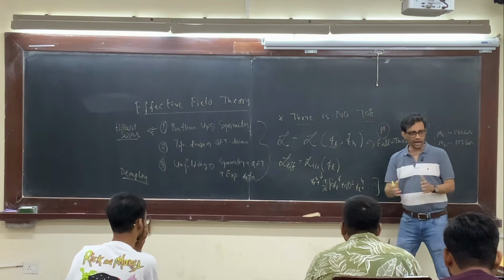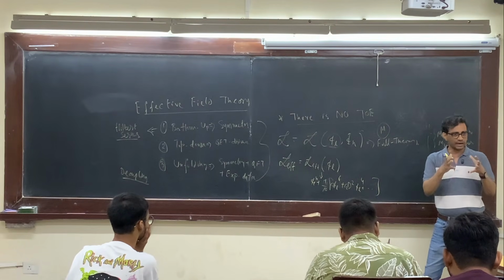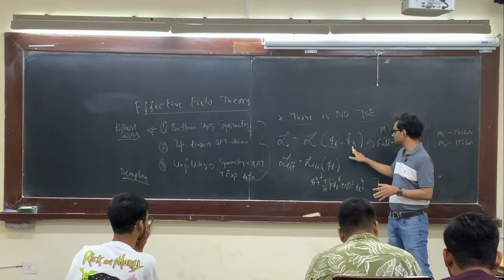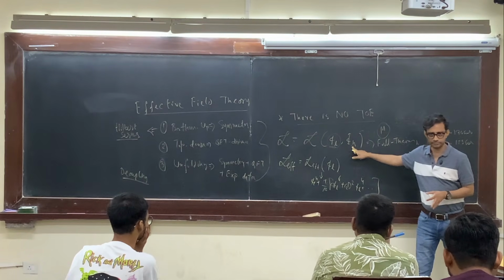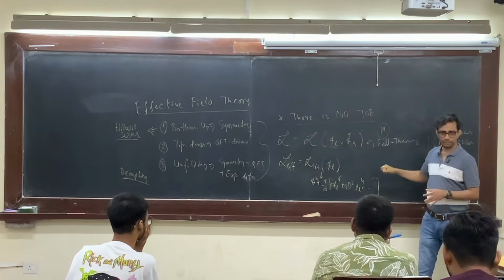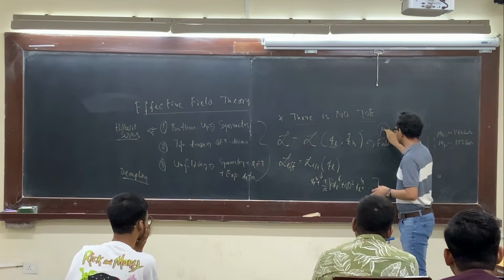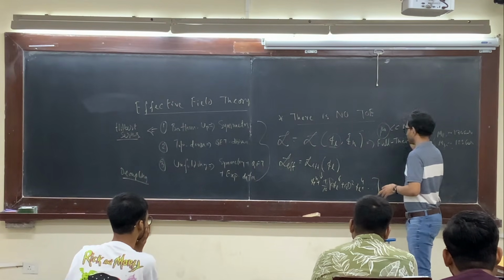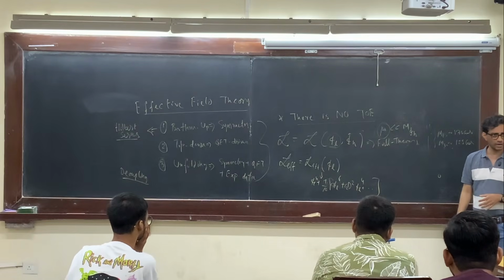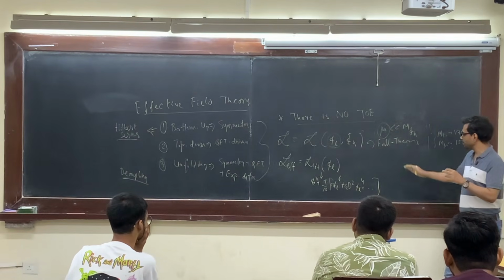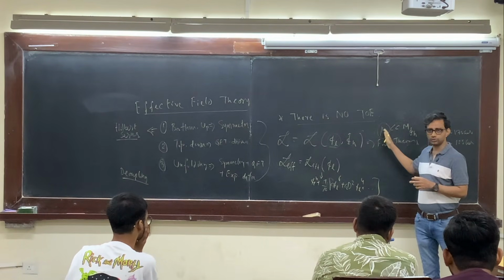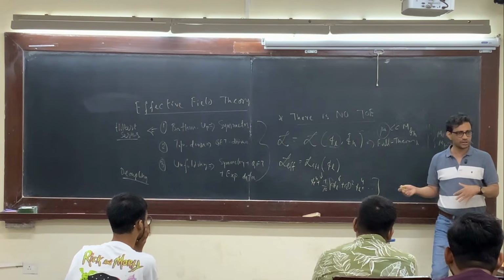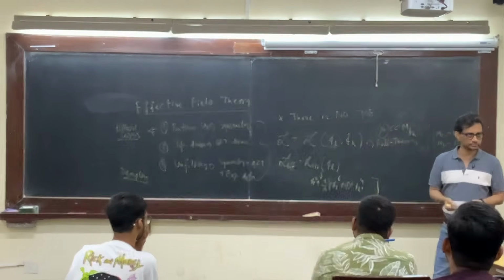Okay, and then I want to perform a calculation of the observable at some scale, which I am calling mu, which is much less than the mass of this heavy particle, m phi h. So if I am working up to this energy domain, this appears to me as an unnecessary degree of freedom to deal with,